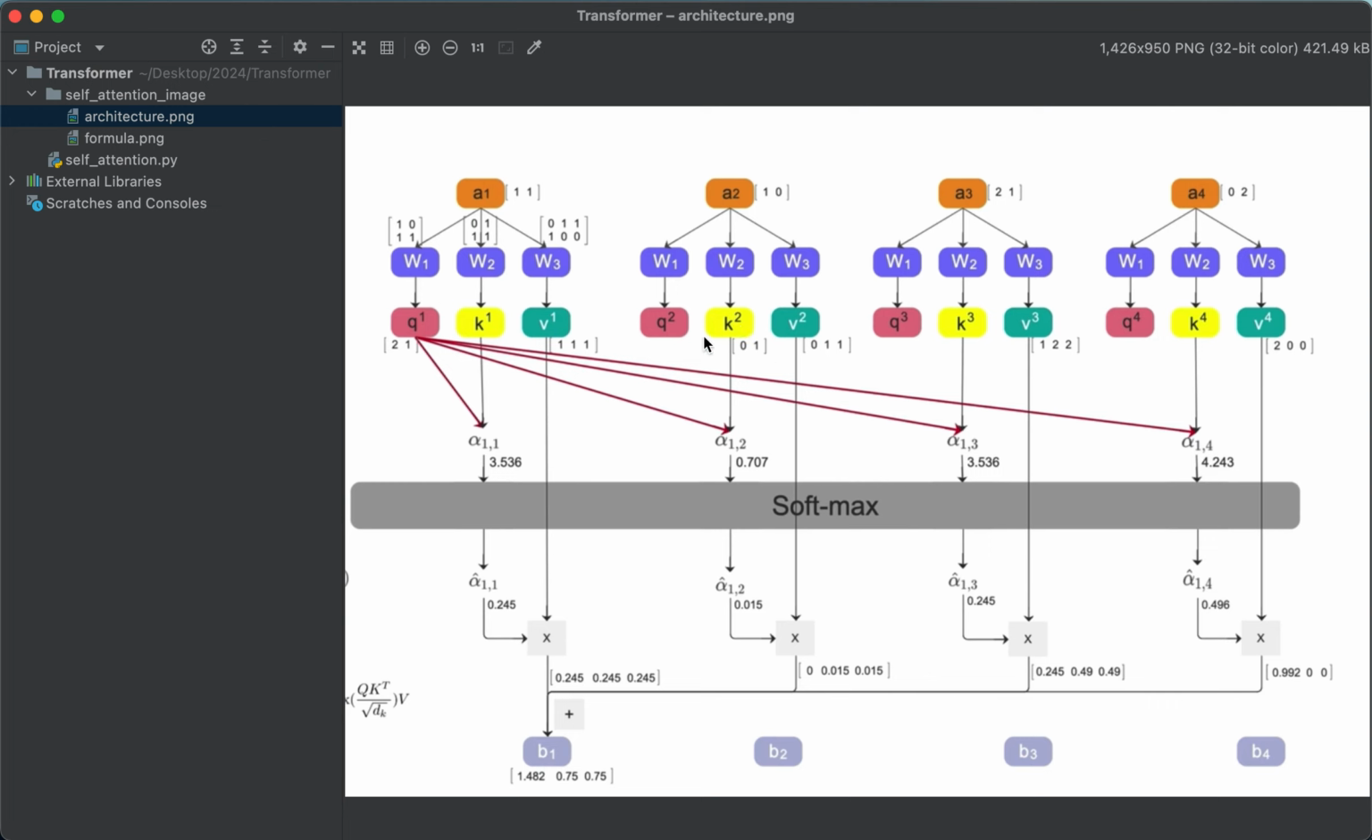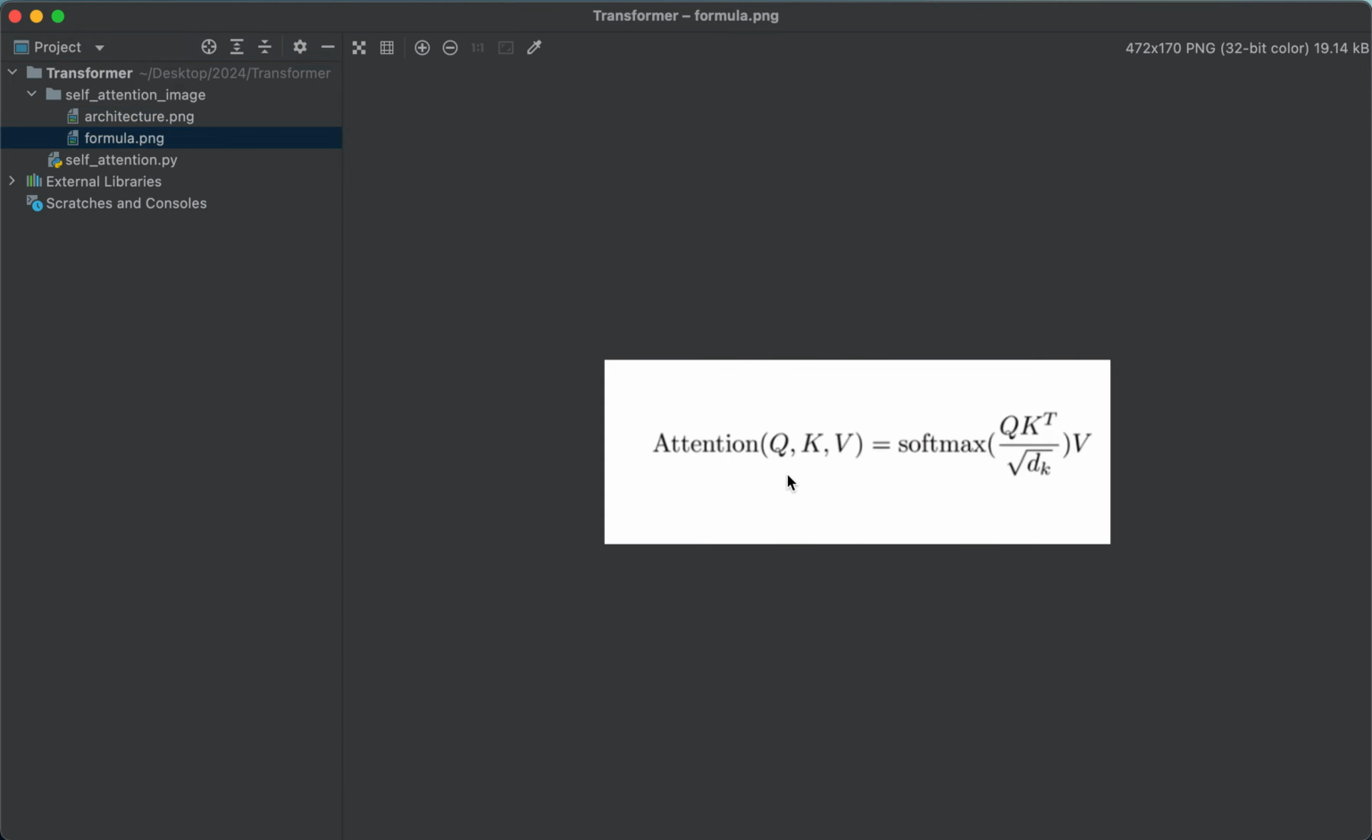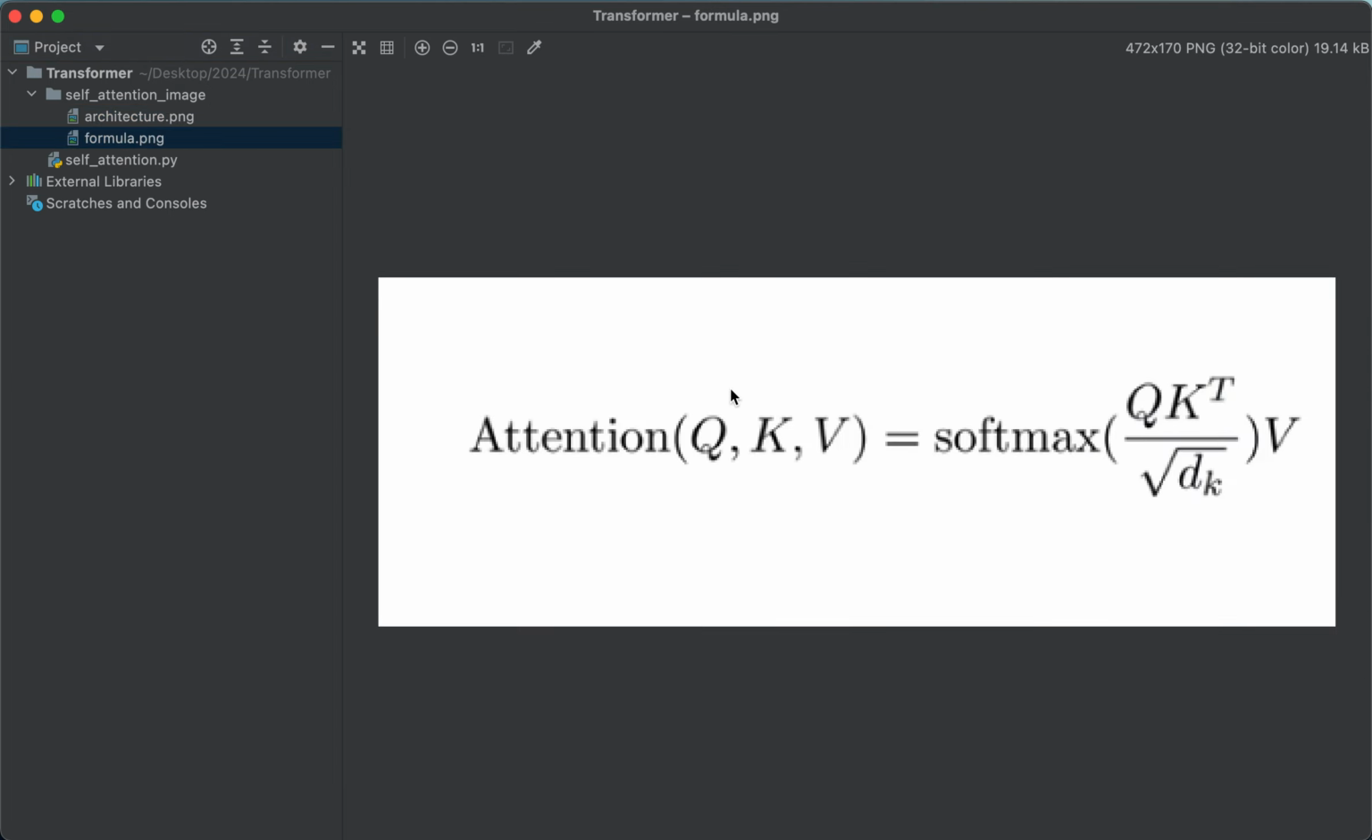Now we need to calculate the attention score. This is the formula proposed in "Attention Is All You Need". It's not a difficult formula. You just need to calculate, it's just matrix multiplication, and you use this to